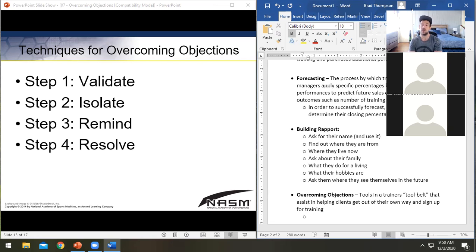So instead, what you want to do is take that in and hear it and be like, all right, I hear you. Yeah, it is objectively pricey. So now you are agreeing with them and both of you are on the same side, which is totally where you want to be anyways. Remember, this is your potential client. You want them to be happy and successful. So you want to be on their side. But then what you need to do is isolate the problem. So what you're going to do is pull away any other irrelevant pieces of information.